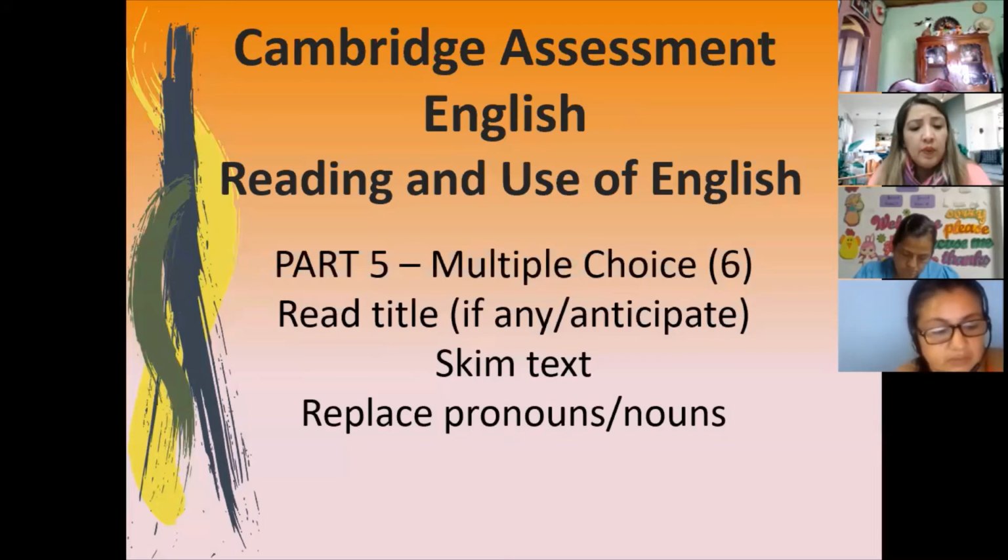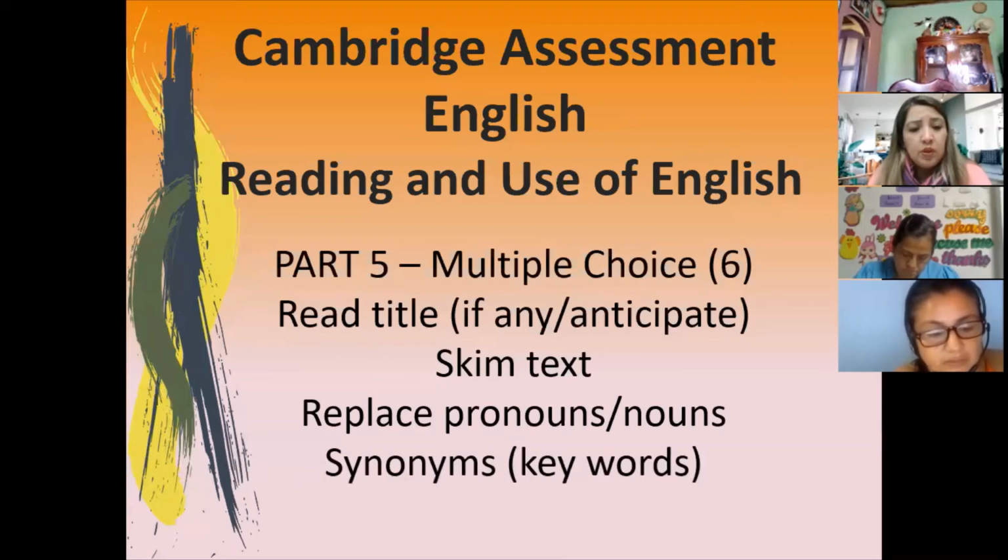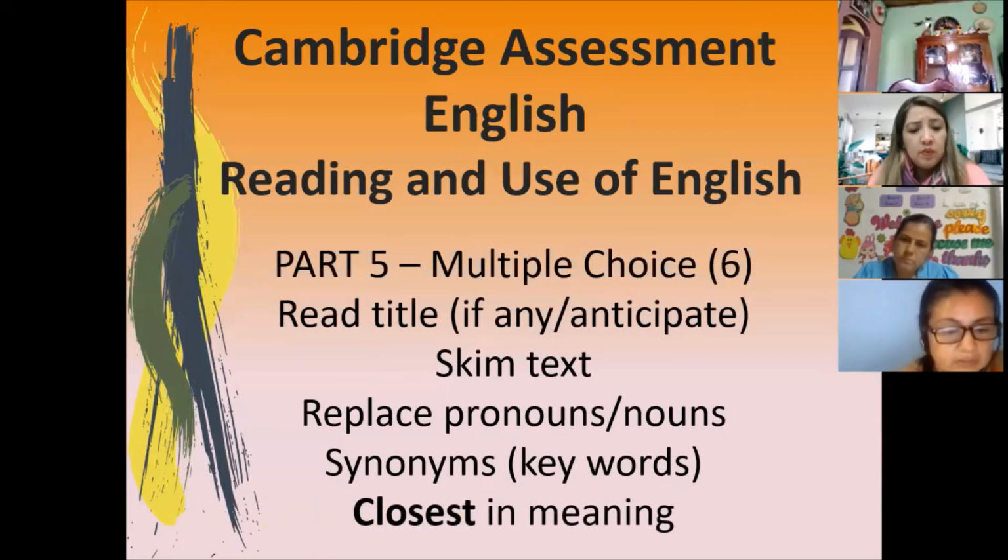Okay, replace pronouns and nouns. Synonyms, they also test you on synonyms, keywords, and the closest in meaning, whenever you have these types of questions. But again, you will have only one correct answer, the best answer or the closest in